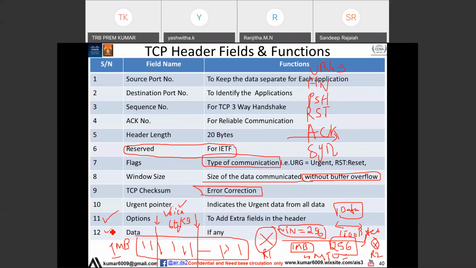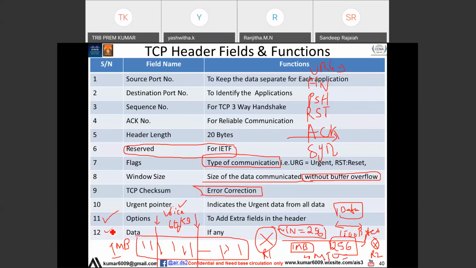See, the application decides how to use the fields. This is done by the application. When I'm writing code, for example for a voice IP phone, small software, I will tell it that whenever I'm making a call, you send a packet in this format. In this format, you always keep the urgent pointer on.